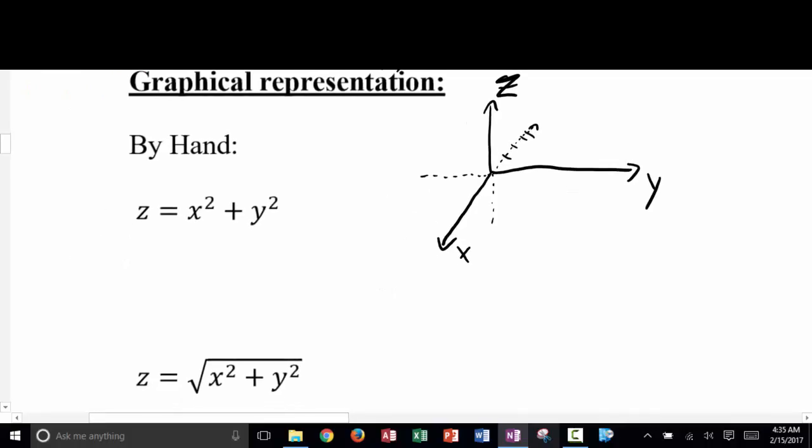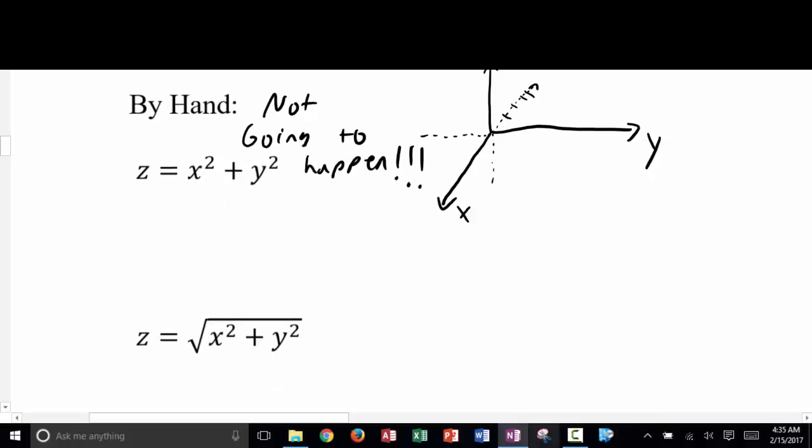Now, let's graph these things by hand. Not going to happen. Ha ha ha. Yeah, we're not doing that in this class. Okay, we're not going to graph these things by hand. But what I want you to do, just very quickly, is stick with me for a second and say, all right,